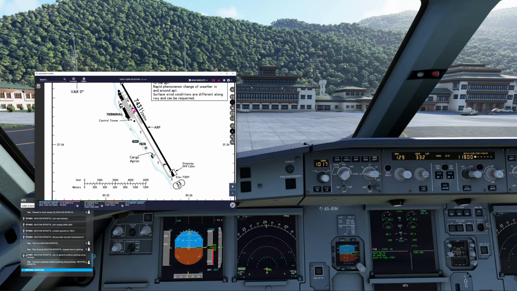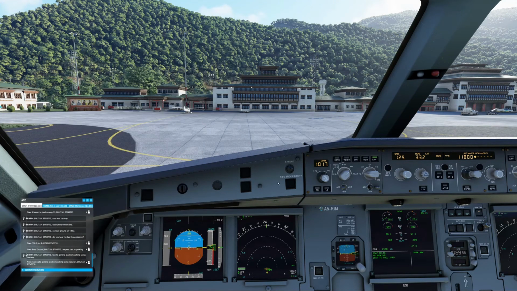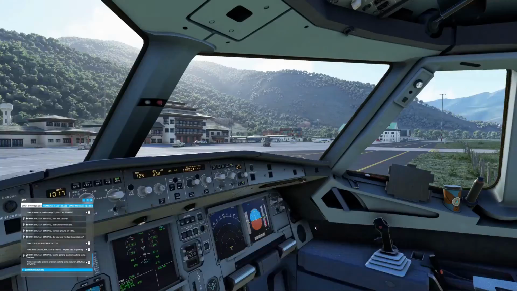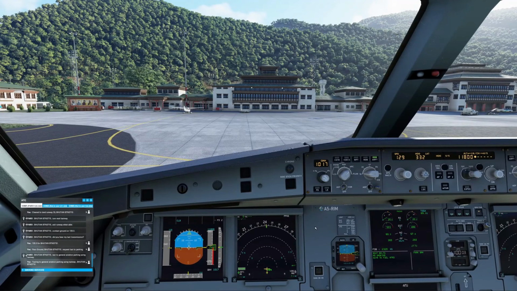Right, let's see where we are. Okay, so we've got terminal here. I think I should have pulled in this one really and gone straight in. Okay, so right, okay, I'm not quite certain about that one in front of us.